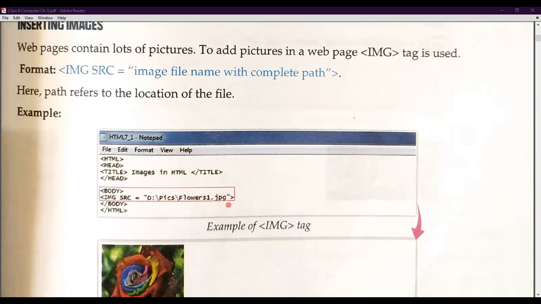Here the extension is jpg. So now you will ask me, sir, what are jpg, jpeg, png and gif? These are the types of images on which the computer works. Now, if you only want to add a single image, you will